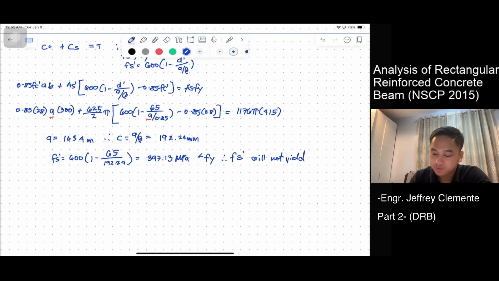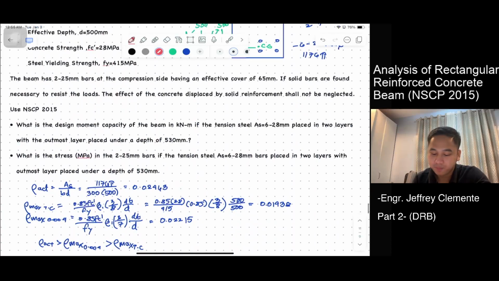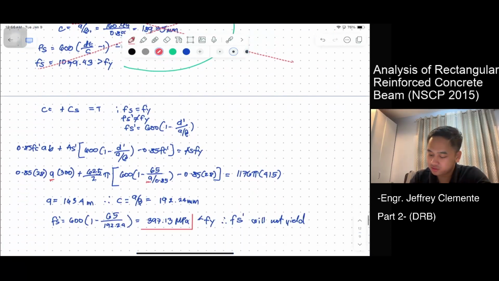Diba? So, ano tong Fs prime natin na to? Ito yung stress na to. Nagkataon lang na nauna natin siya na-solve. So, that is the answer for number 2: stress in 2 25 mm bars. Okay? Siya Fs prime. So, this is, the answer is